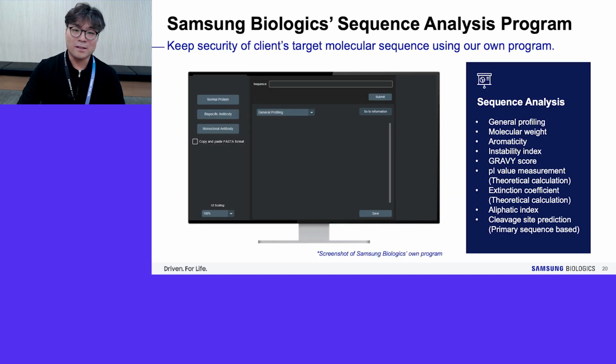Thanks to the AI&I team in Samsung Biologics, we have our own sequence analysis program. We can analyze our client's sequence to get this information without uploading to a website. So that means our client does not need to open their sequence information to a web environment.